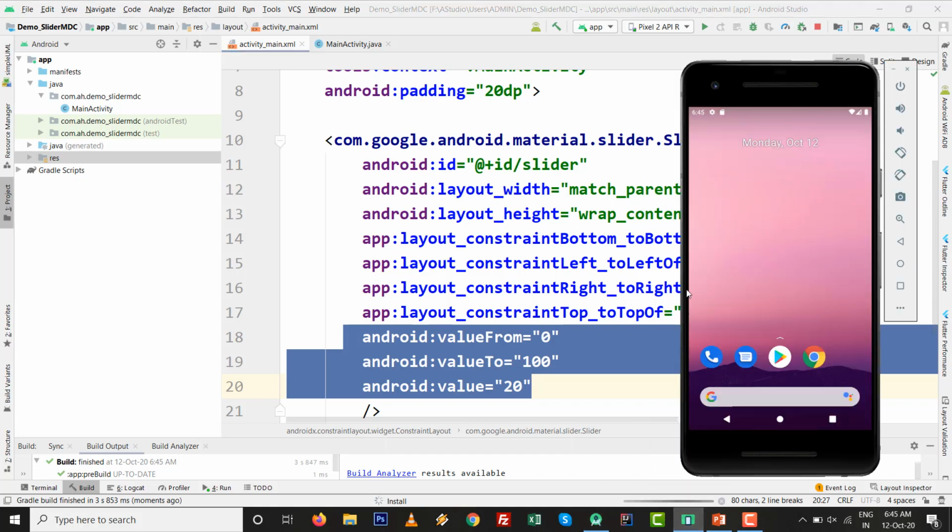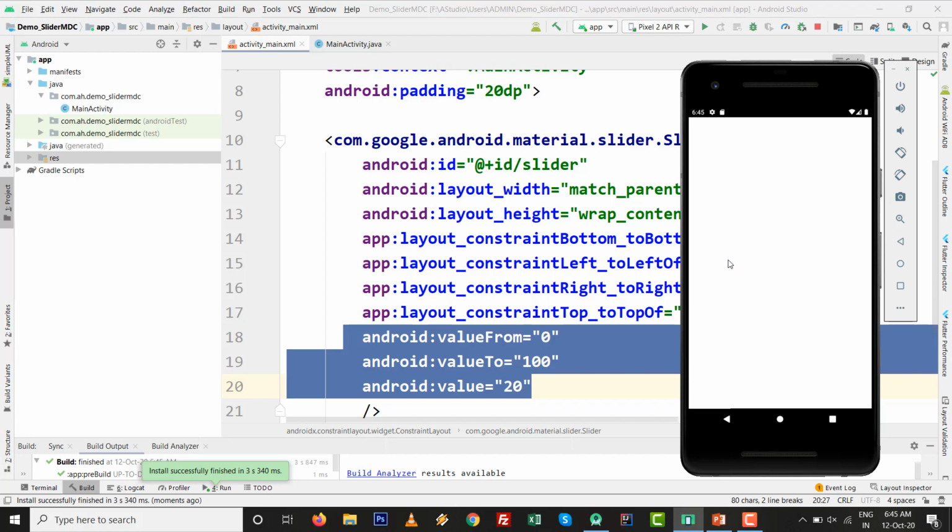Just press Shift F10 and let's see how it goes to the maximum value. By default it is 1 and we make it 100. If you drag this, the indicator appears automatically, the maximum value is 100, or valueTo is 100, and by default it is 20.